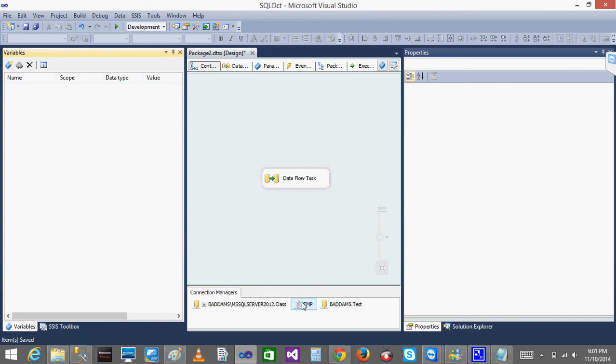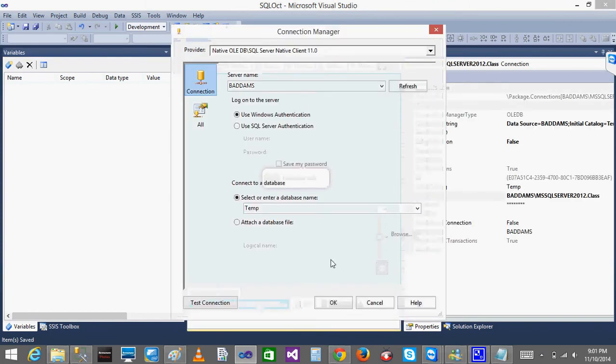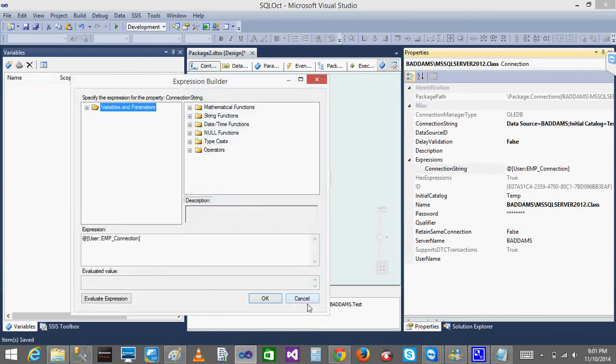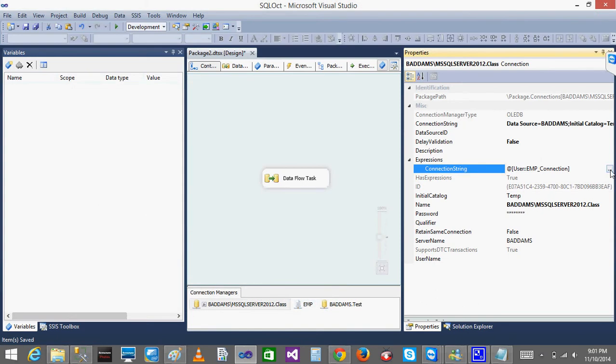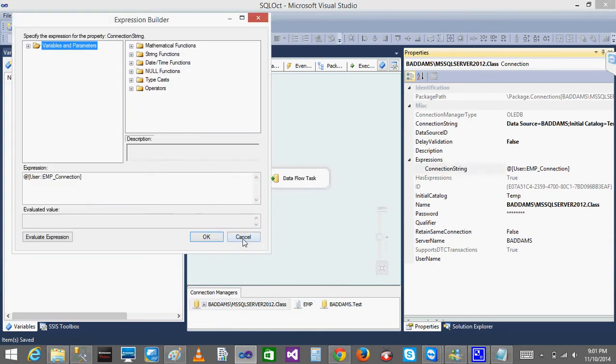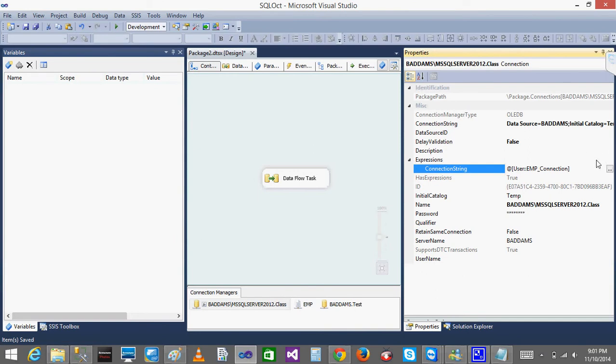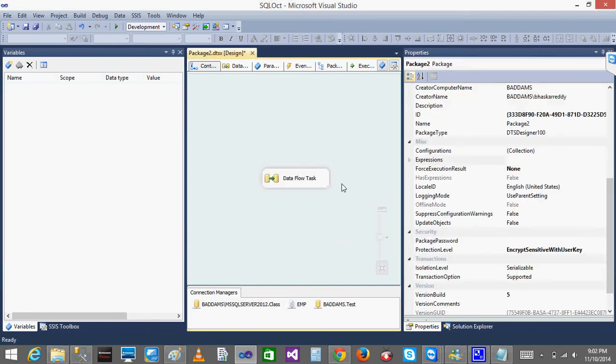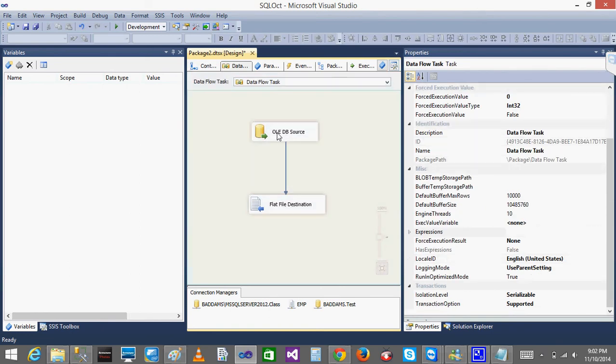I'll click on this. I'll change the connection properties also, the expressions, because that variable is not there, right? So I'm going to change the connection manager. Click on this, oh sorry, expressions. Click on the connection manager. Select this, delete. Okay, done. It will be deleted. Now you are not at all manually updating the connection or anything. Done. Now see, when I go to this OLEDB source,